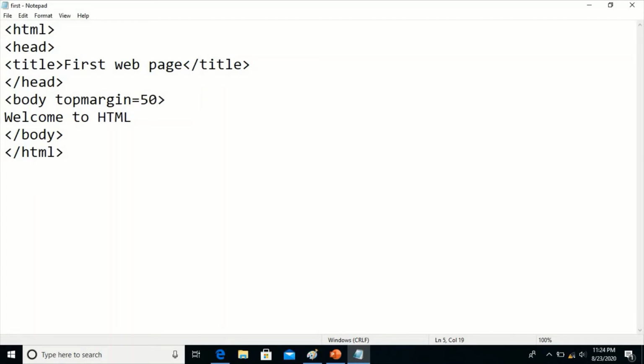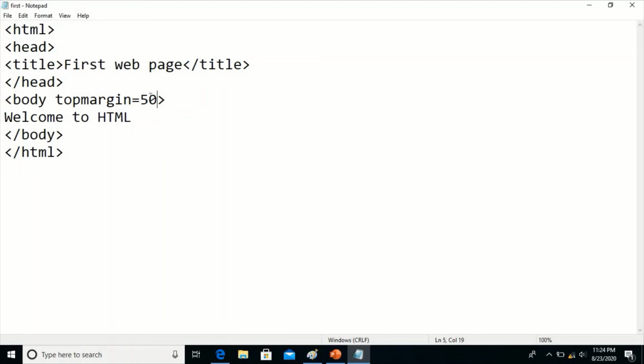Top margin is the attribute name, equal to 50 is the value given for this attribute. This is the name of the attribute and this is the value set for that attribute. Between this there should be the equal to sign.